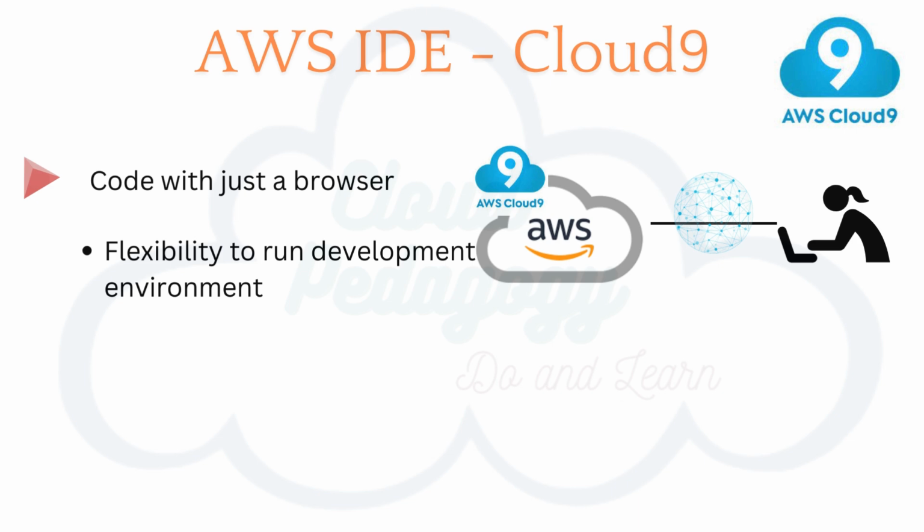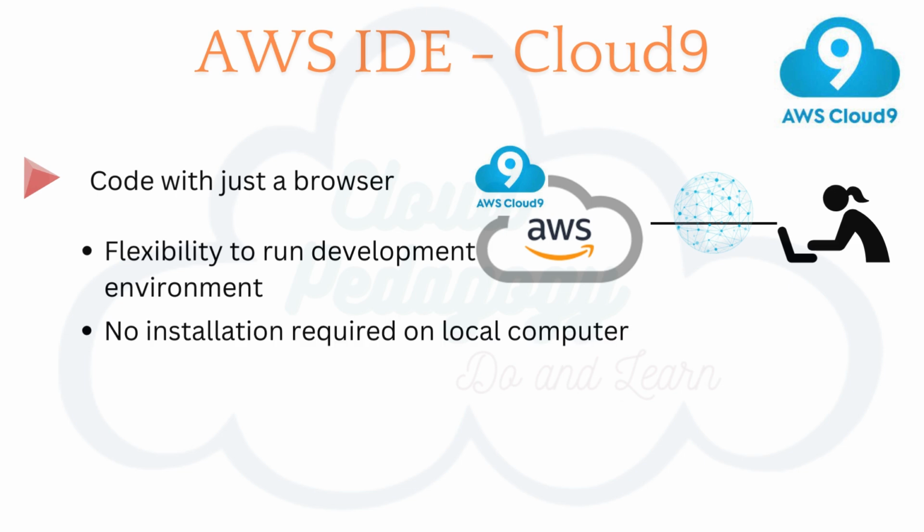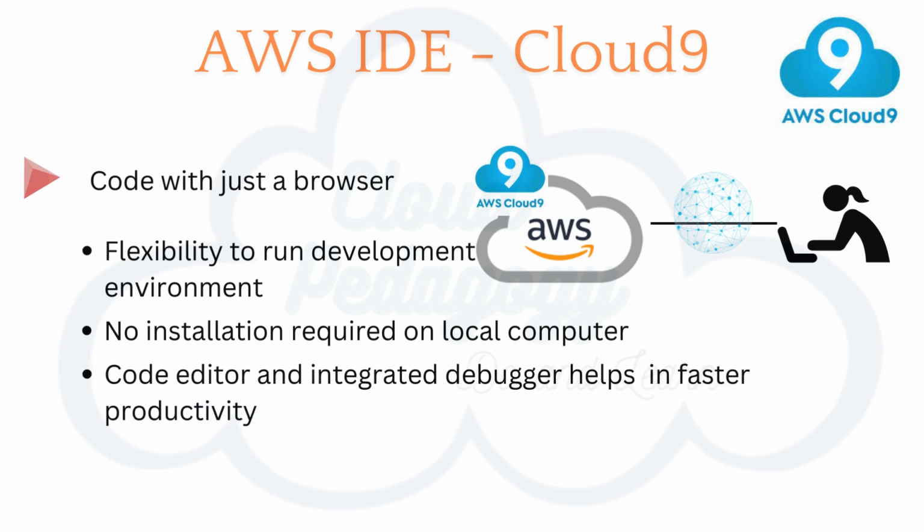Code with just a browser. AWS Cloud9 gives you the flexibility to run your development environment on a managed Amazon EC2 instance or any existing Linux server that supports SSH. This means that you can write, run, and debug applications with just a browser without needing to install or maintain a local IDE. The Cloud9 code editor and integrated debugger include helpful time-saving features such as code hinting, code compilation,